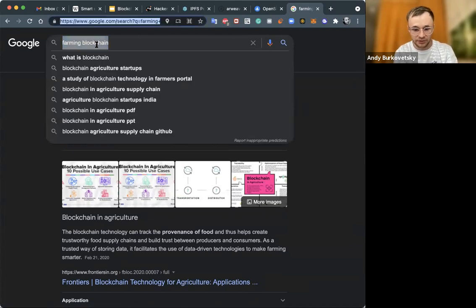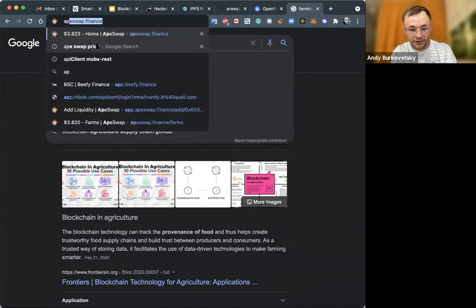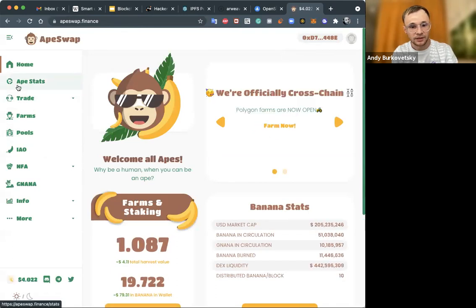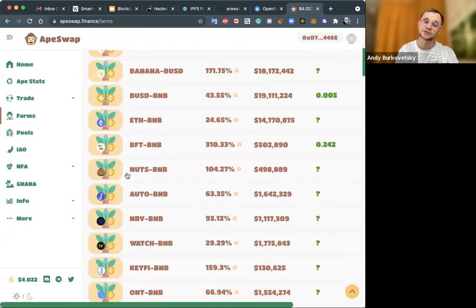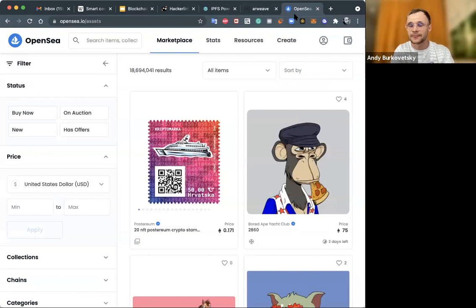Okay, I will show some, ApeSwap. With farming, if you have some coins, you can invest in some pool and get benefits. They will pay you from that. This money is stored in their pool. This also is really big stuff here.